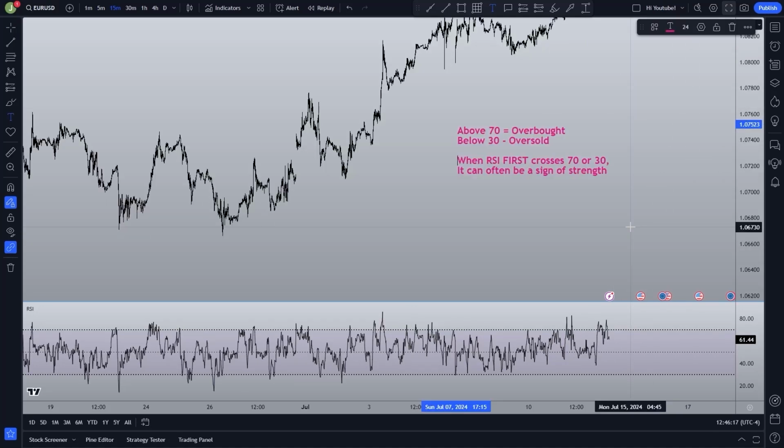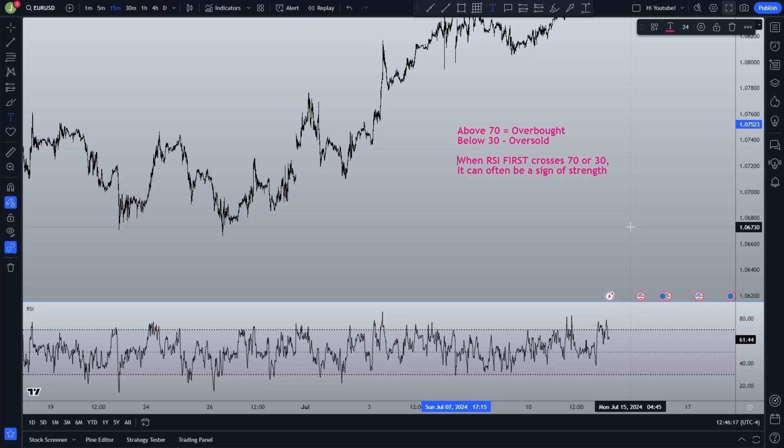how to use it. There are several ways to use the RSI in day trading. The most common method is to look for overbought and oversold conditions. When the RSI crosses above 70, it might be time to consider selling, as the asset could be overbought. Conversely, if the RSI drops below 30, it might be a good time to buy, as the asset could be